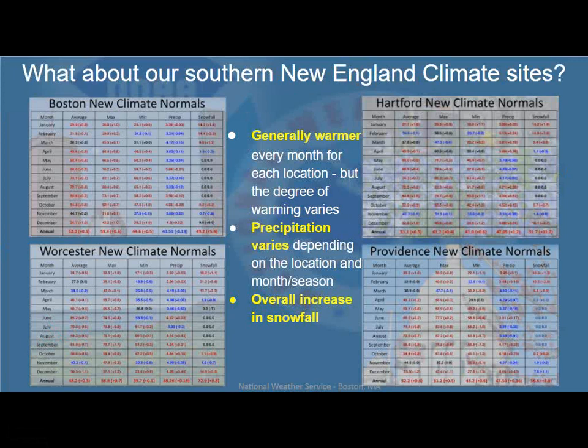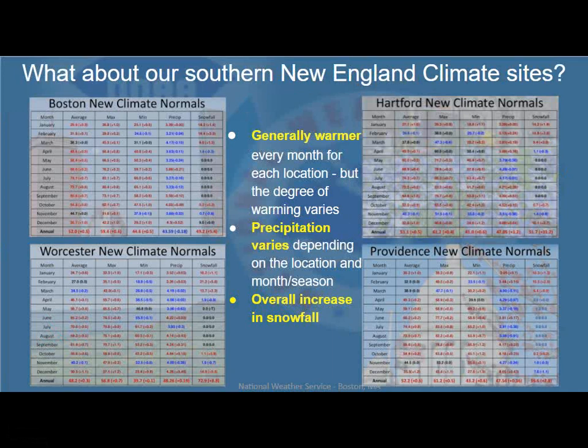And so what about our southern New England climate sites? Just as a reminder, our 4 climate sites are Boston, Hartford, Connecticut, Worcester, and Providence, Rhode Island. This graphic may be a little bit overwhelming, but generally the red colors indicate an increase and the blue colors indicate a decrease. So the first 3 columns